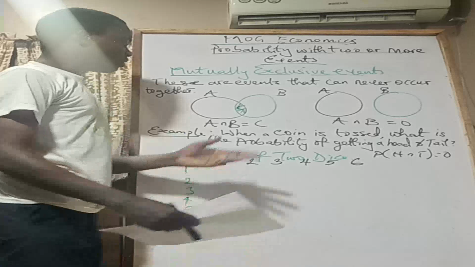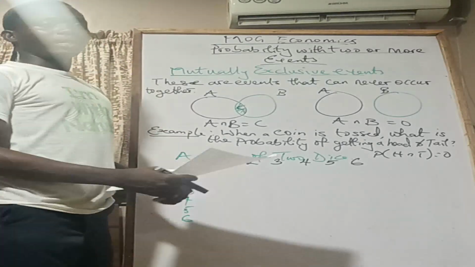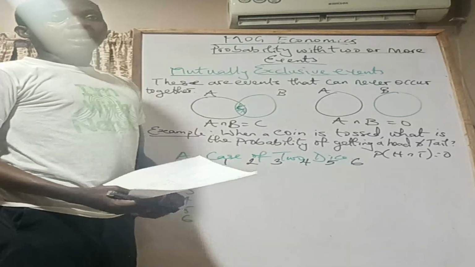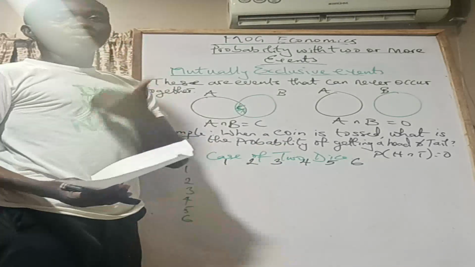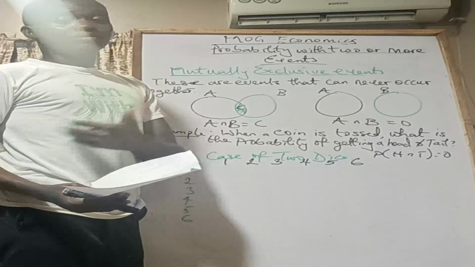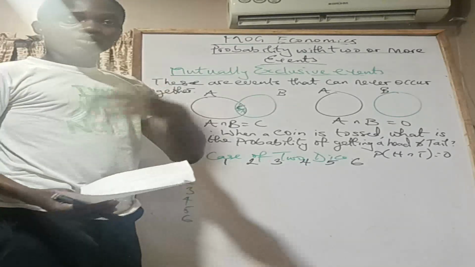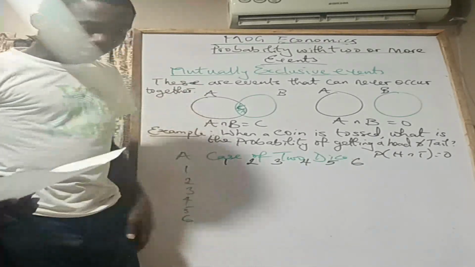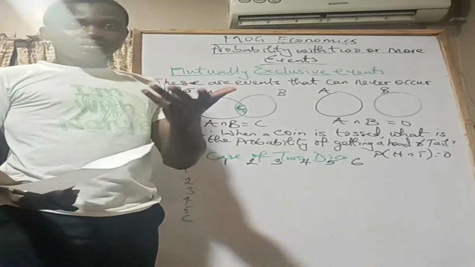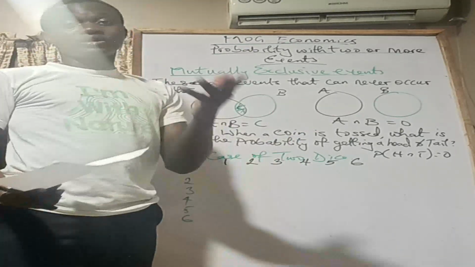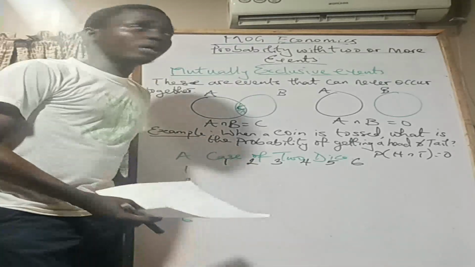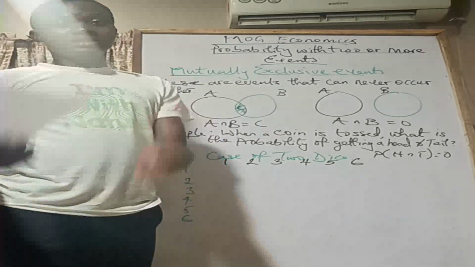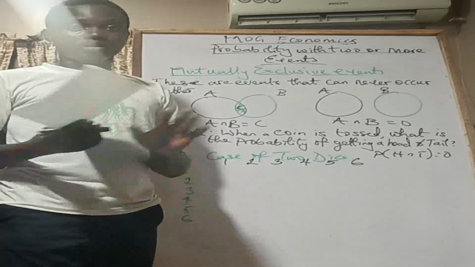Now we are looking at a case of two dice, and after that two or three coins, and then see what the sample space is going to be. Because when you are trying to solve the probability of two dice, there's a sneaky thing about it. Normally the sample space of a die is 6, remember from the last class: 1, 2, 3, 4, 5, 6. You might presume that the sample space for two dice should be 12, that is 6 for this die and 6 for the other die. So let us see if it's going to be true or not.